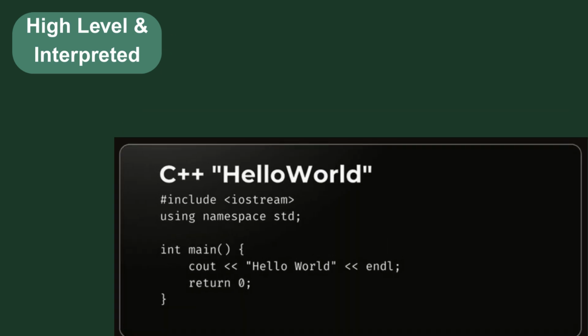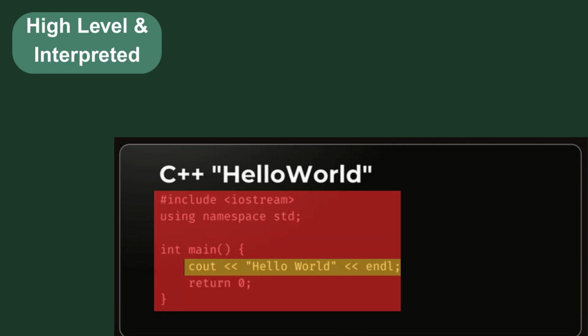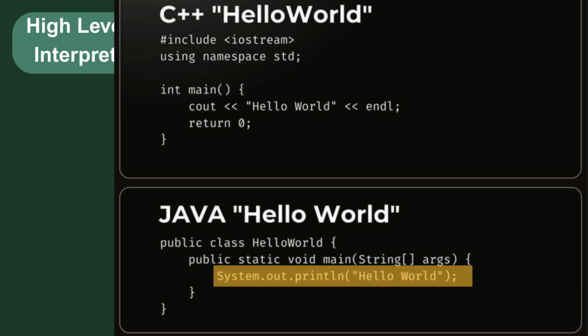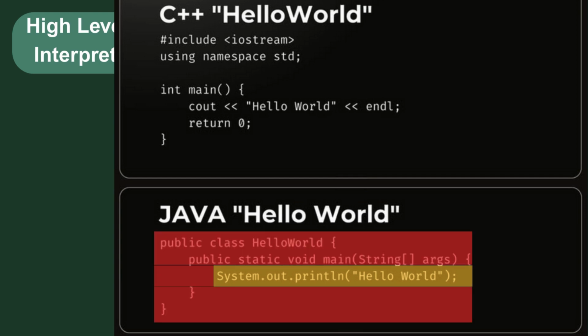You see, first off, C++. You can see that this line is the line that's telling the program to display hello world. But you got all that steps, all that rubbish before executing. Now let's look at Java. You see, this line is the line that's telling the program to display hello world. But you got all these rubbish before executing.